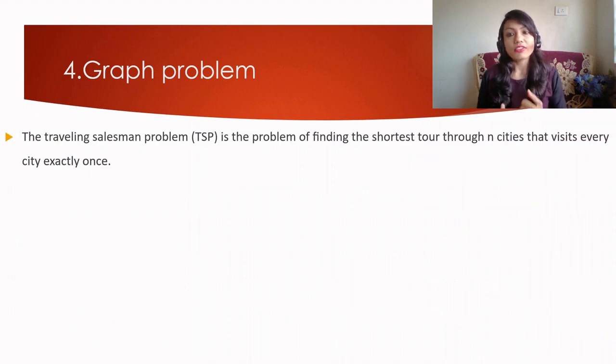The traveling salesman problem is the problem of finding the shortest route through a set of cities that visits every city exactly once. For example, if you are given 3 cities, say Mumbai, Pune, and Bangalore, how do you visit them? Maybe you start with Pune, then you have to end in Pune only and visit the other 2 cities, such that your tour is the shortest. You'll find many ways to do it, but you have to find the shortest tour.